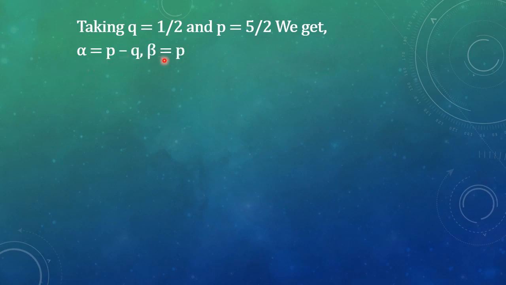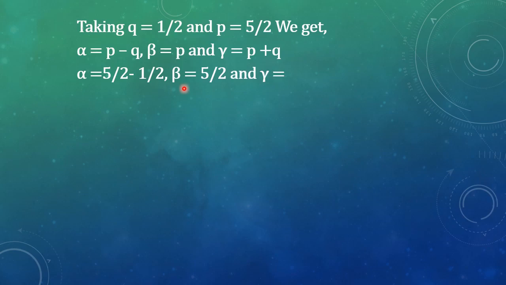Taking q is equal to 1 by 2 and p is equal to 5 by 2, we get alpha is equal to p minus q, beta is equal to p and gamma is equal to p plus q. Alpha is equal to 5 by 2 minus 1 by 2. Beta is equal to 5 by 2 and gamma is equal to 5 by 2 plus 1 by 2. Alpha is equal to 2, beta is equal to 5 by 2 and gamma is equal to 3 are the